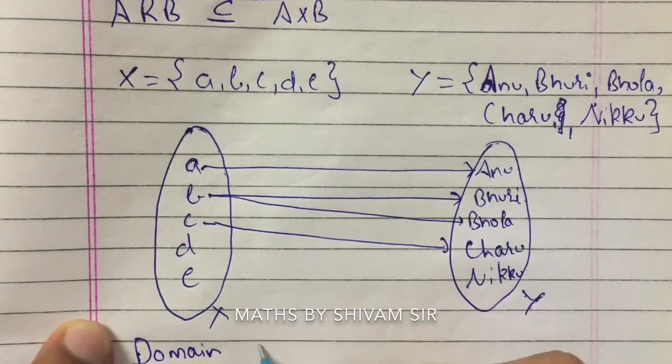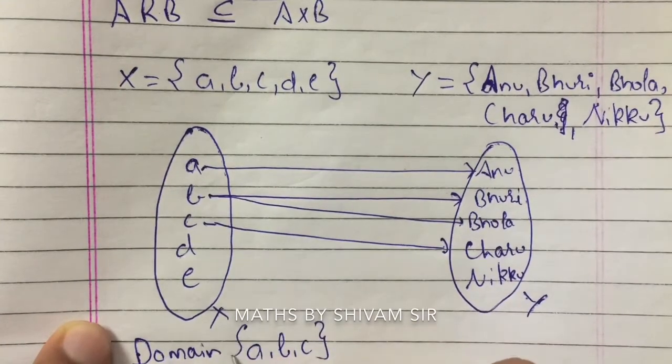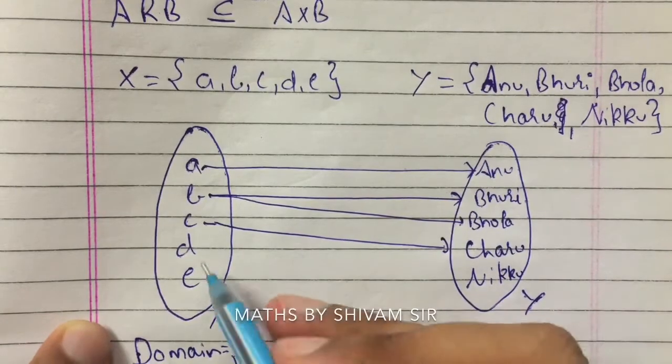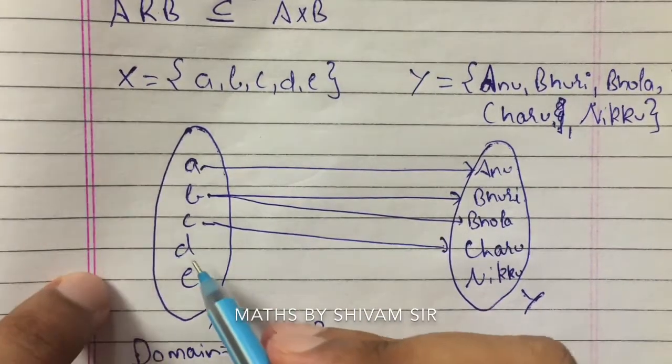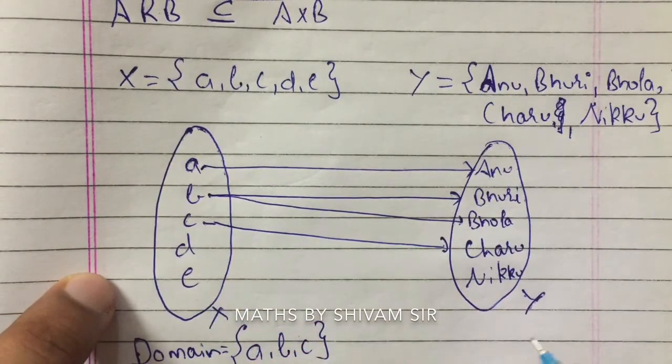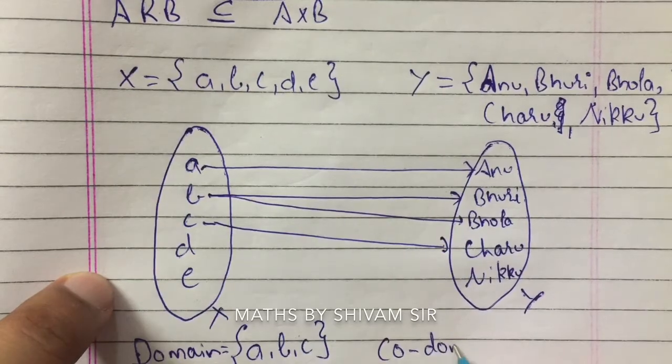y से रिलेटेड कौन से वाले? a, b, c, राइट. सो डोमेन विल बी a, b, c. D और E नहीं है. D and E are not included because there is no relation of D and E in set Y. Codomain means